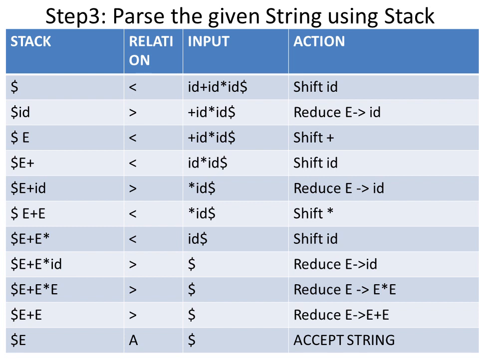from the input string. So from the input string, the ID is shifted to the stack. Now after shifting, the stack will be having $ E + E * ID. Now the ID is compared with $. ID always has the higher precedence, so the greater than symbol is used. Now what is the action to be performed next? Reduce E implies ID,